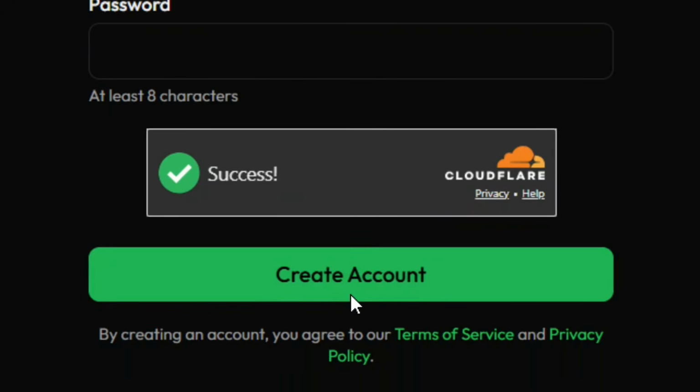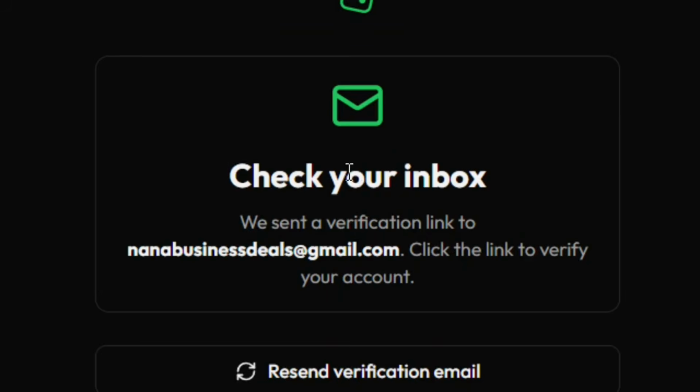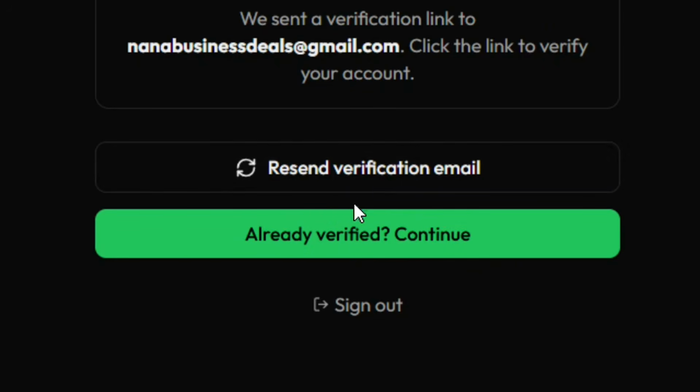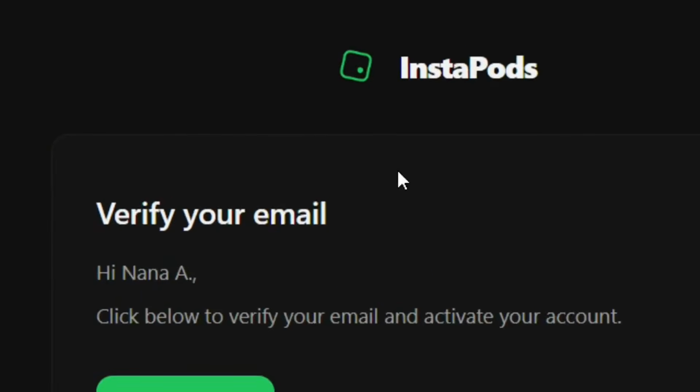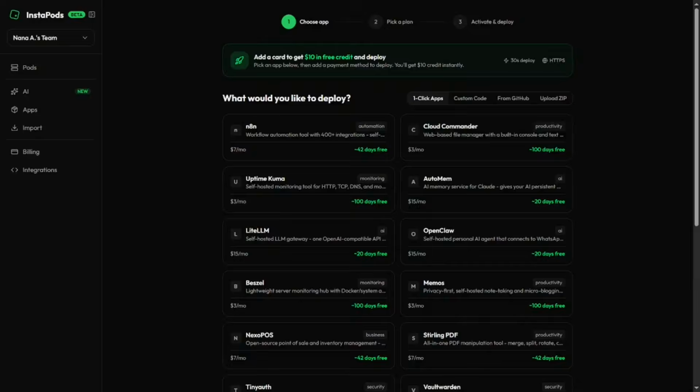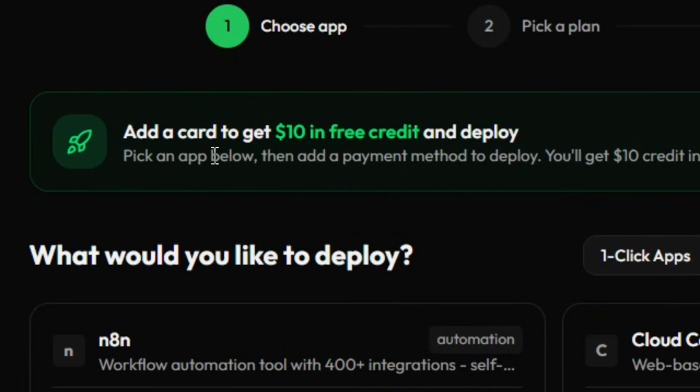After creating an account, they are going to send you a verification email, that you have to go and confirm from your email. So all that you have to do is simply go to your inbox, and you are going to find this email. Click on verify email. So when you click on it, you'll be verified just like this, and it will bring you right here to this